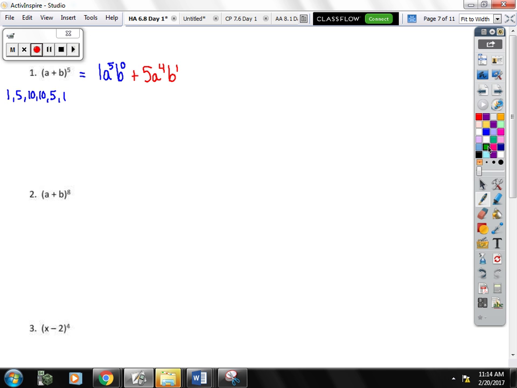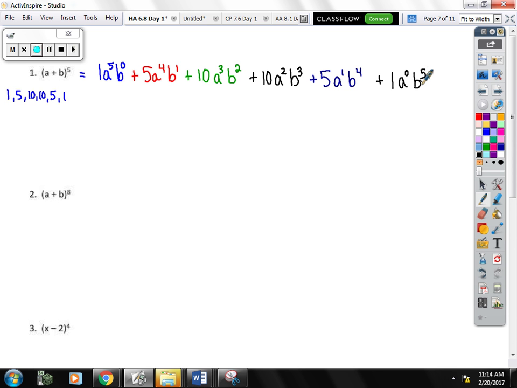Okay, take our next coefficient, which is a 10, so we'll have plus 10 a to the 3rd, b to the 2nd. Again, decrease the a, increase the b. Our next coefficient is also a 10, so we'll add 10 a squared, b cubed. 2 plus 3 gets me back to 5. And continue on your merry way until we get to the end of this. So we have 5, a to the 1st, b to the 4th, and lastly, plus 1, a to the 0,